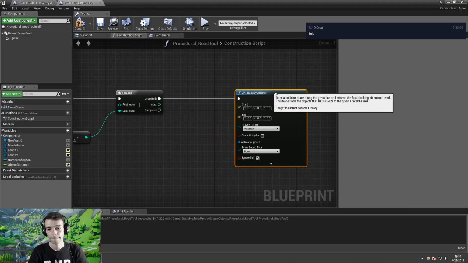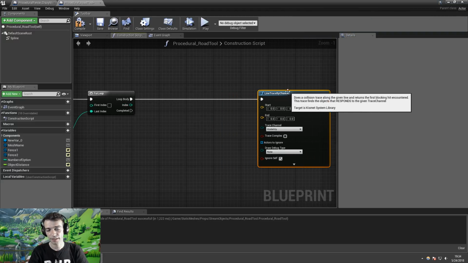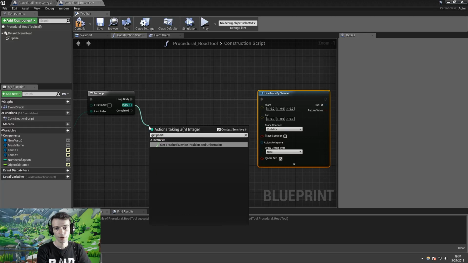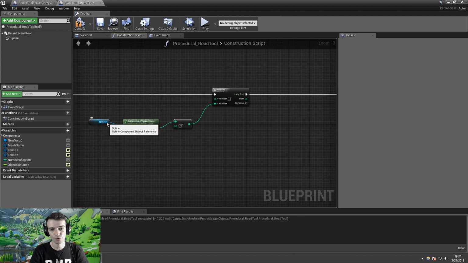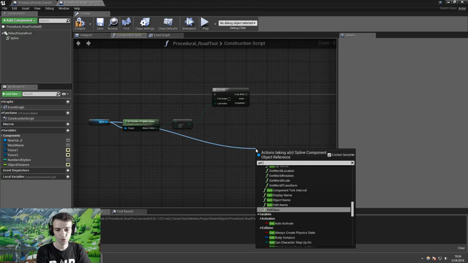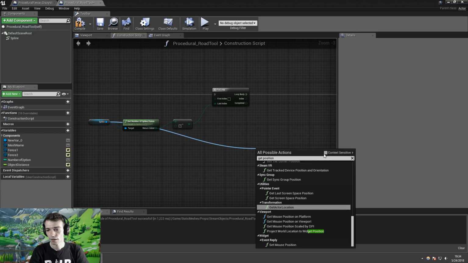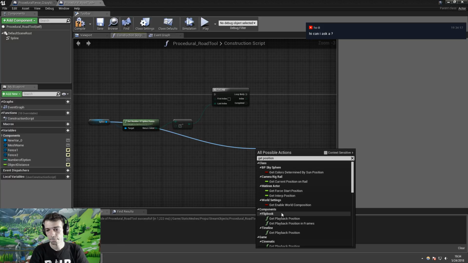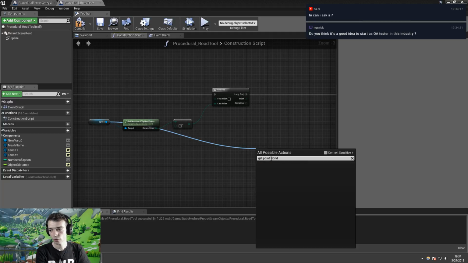Maybe this one. Where do I line trace? At every index. So I get the index. I should get some sort of spline point position something. So from the spline I should get the position, get position something. Get point world, get